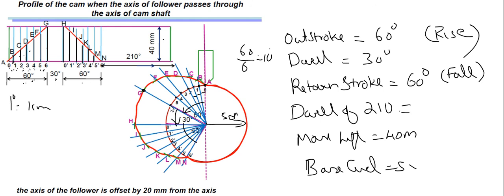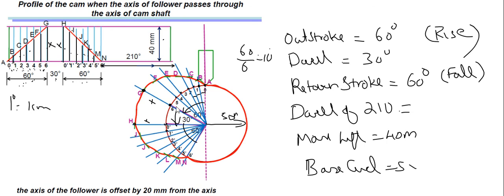This will be 6. If I call this one as X, this will be X. And again, H is also X. So that 0 dash will also be X. Then again, 1 dash I, 2 dash J. We use 1, 2, 3, 4 for the outstroke and with a dash on the return stroke. That is the general convention. 1, 2, 3 division for outstroke, and for return stroke we use a dash, 1 dash, 2 dash, 3 dash. Similarly, you should be able to trace these lengths in order, all these reducing lengths in order from these base circle points.